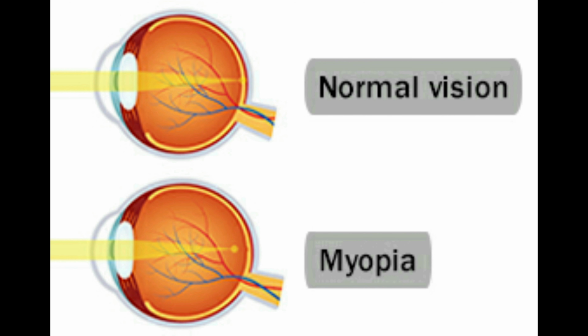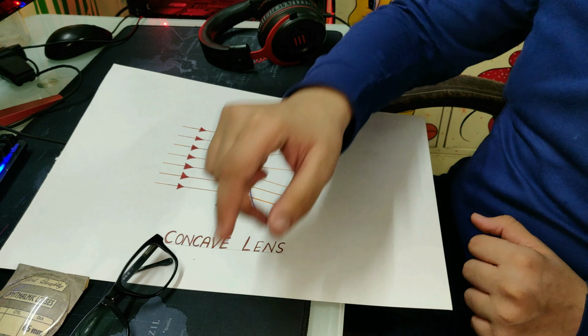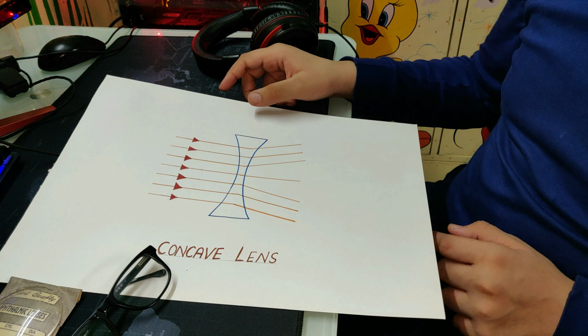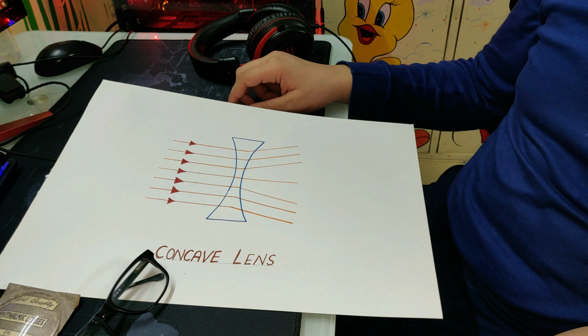So how do our glasses or spectacles correct our vision when the light rays do not converge on the retina but fall before the retina? This condition is called myopia or nearsightedness, in which a person cannot see far off objects. So we need a concave lens which will diverge the light, and the natural convex lens of the eye will help to converge the light correctly onto the retina.